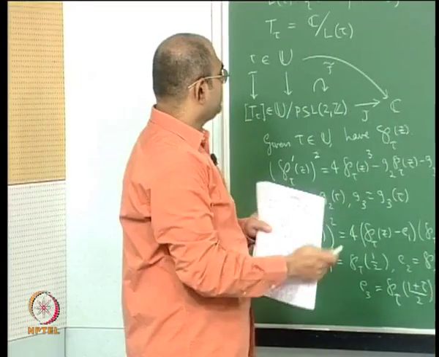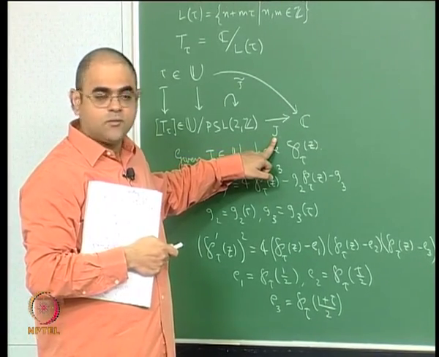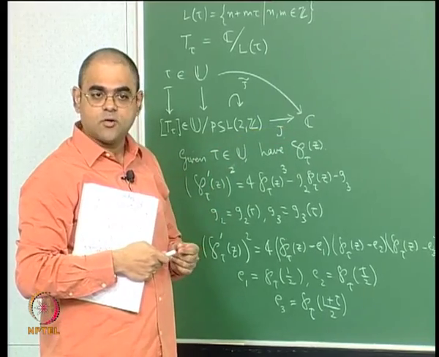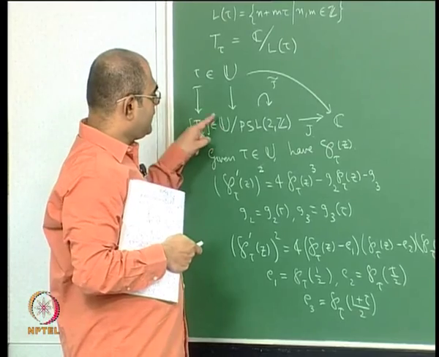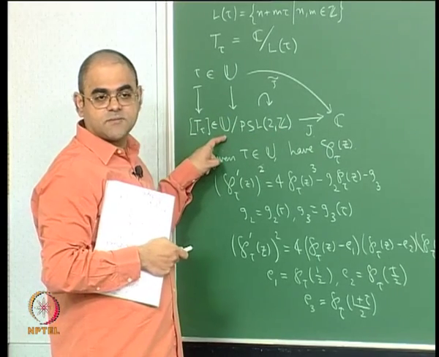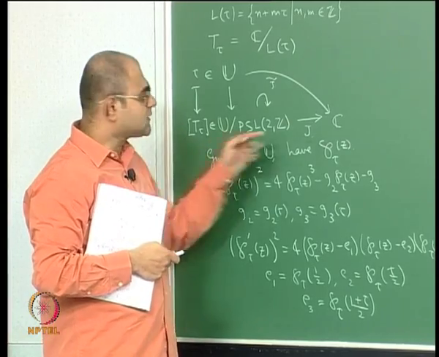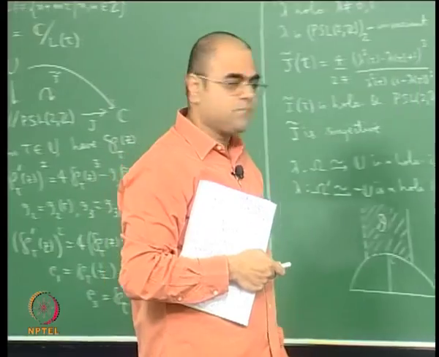Once you prove that, then it will follow that this J is a bijective holomorphic map, and you know this is a Riemann surface, that is a Riemann surface. The bijective holomorphic map is a holomorphic isomorphism. Okay, and that will have proved to you that on the set of isomorphism classes of complex tori, there is a natural Riemann surface structure which is none other than the usual Riemann surface structure on the complex plane. Okay, so